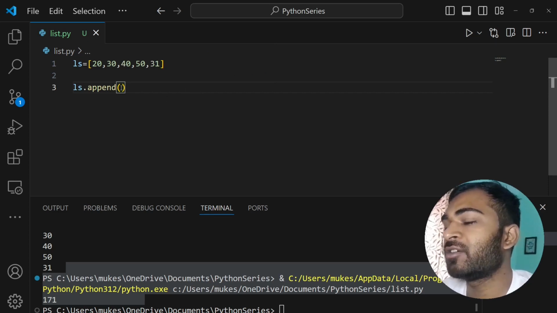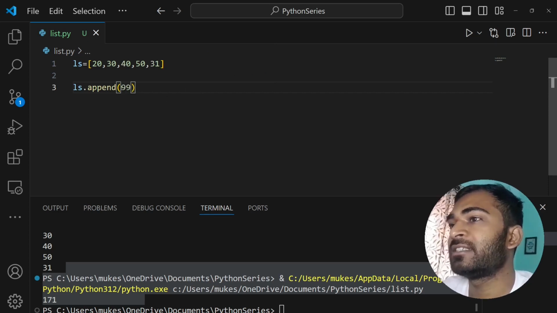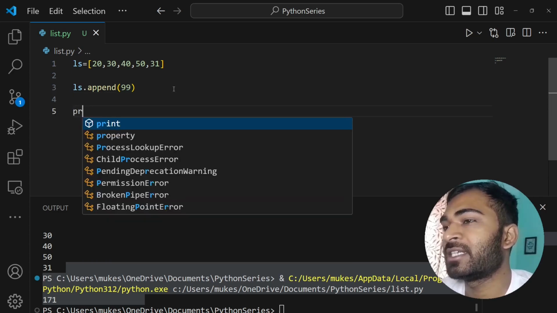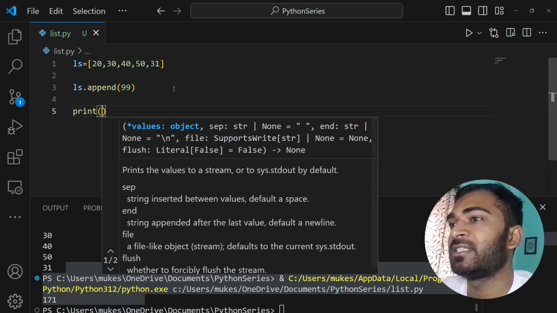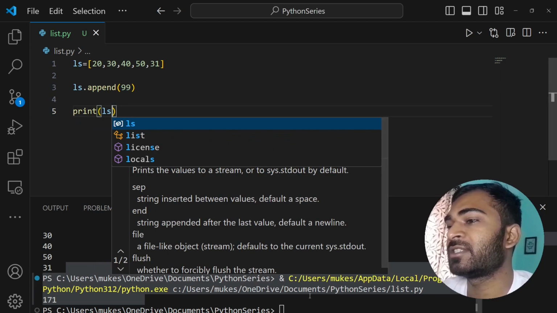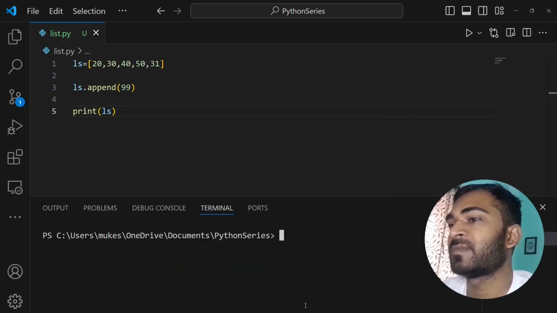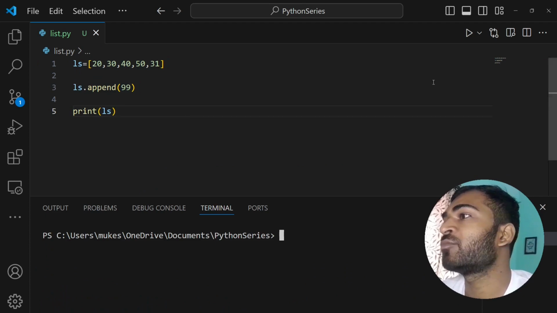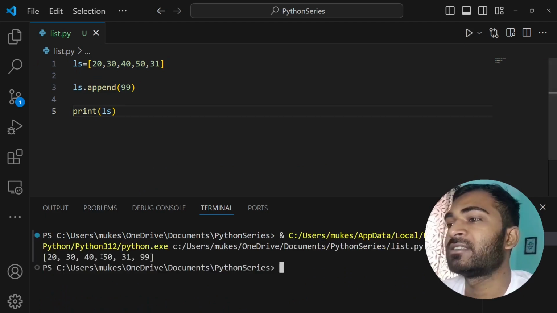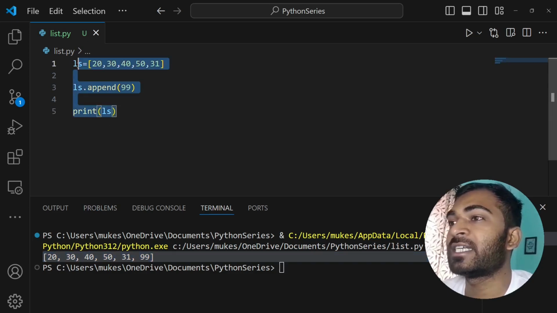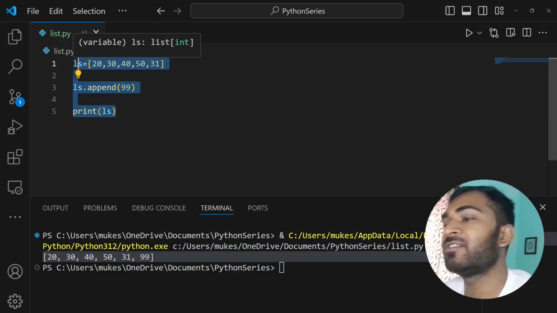So let's append an object like 99, and then print again. What are you going to expect? You're going to get a list with a lot more elements than it had. We have 99 also, because 99 got appended, added at the end of it.